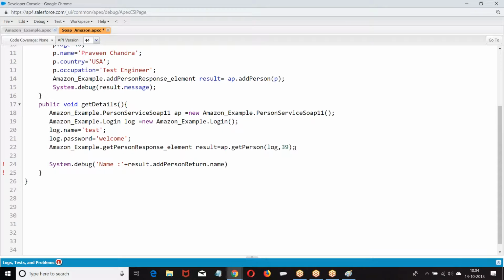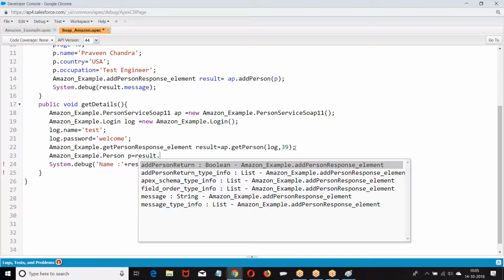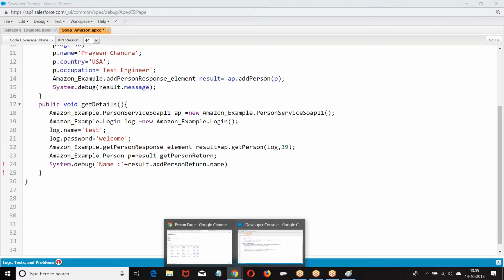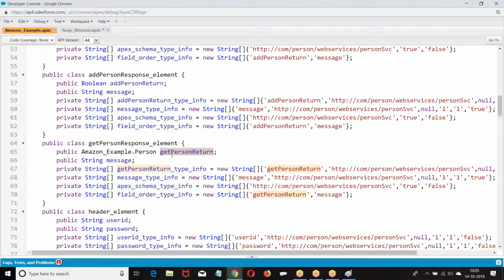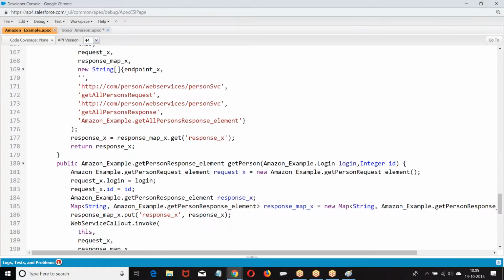Once you give that, then I'm going to get example equal to get response element.